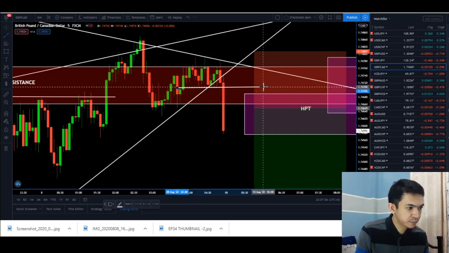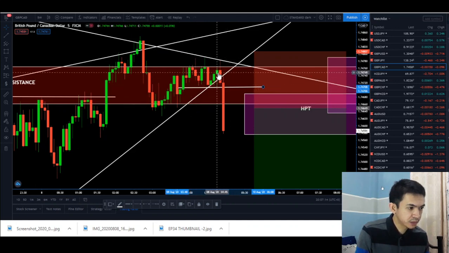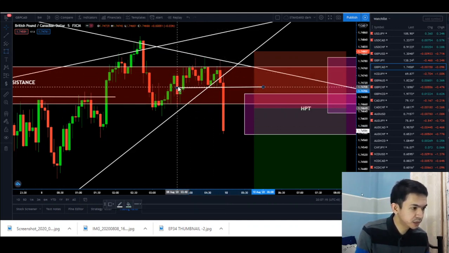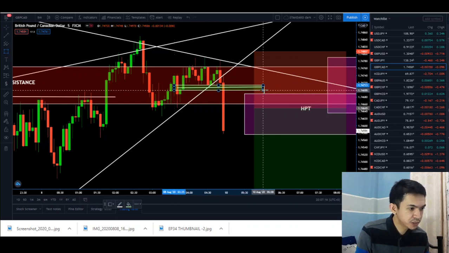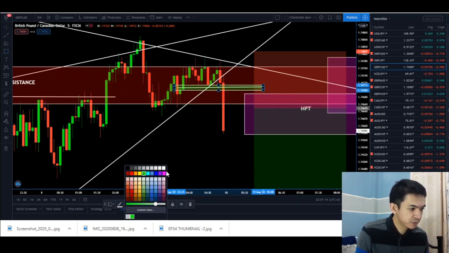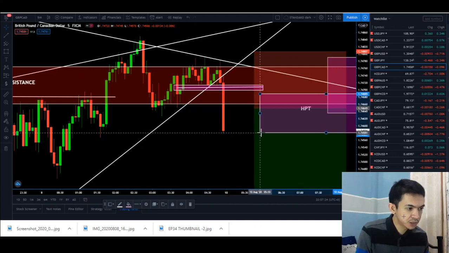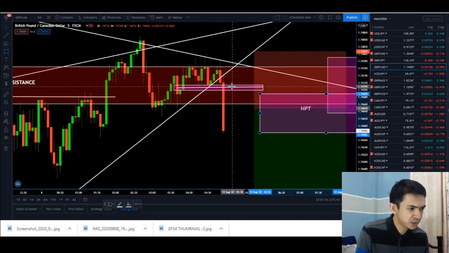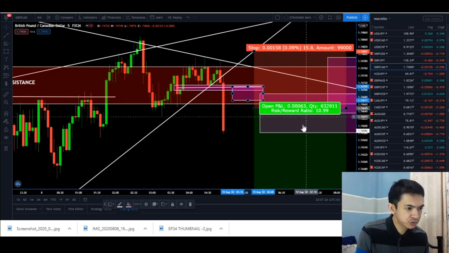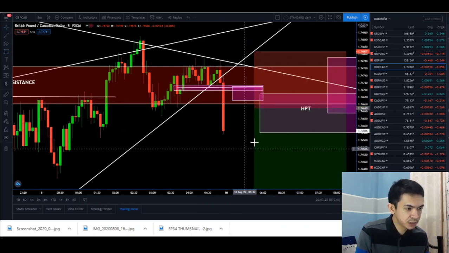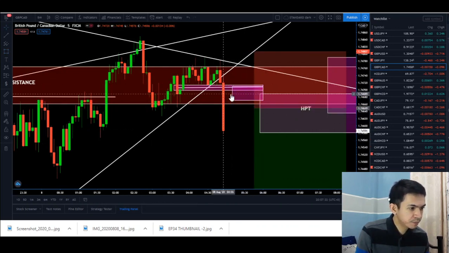We have what? A horizontal support here that got broken. So that will be my key significant resistance for this time frame, 5 minutes, as an entry. So where would be my HPT zone? Again, here. So you see, guys, I'm improving my entry just utilizing TFP Warrior System and